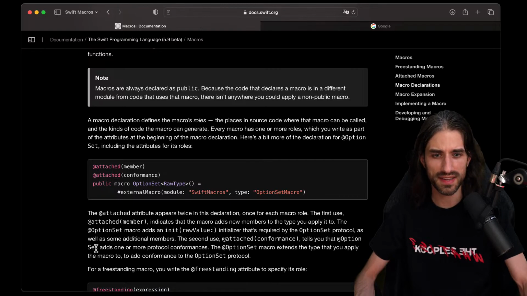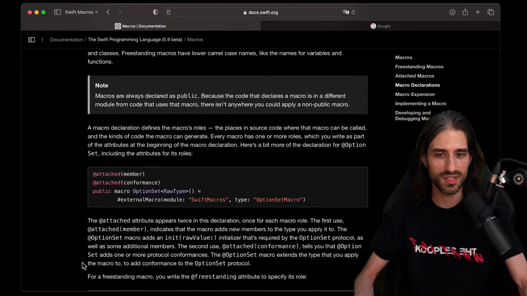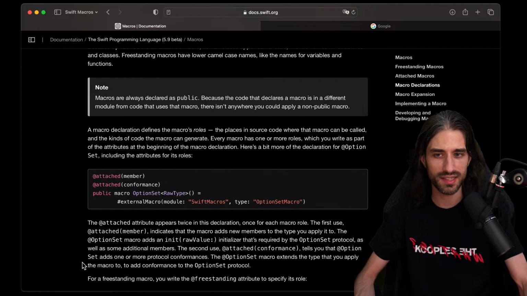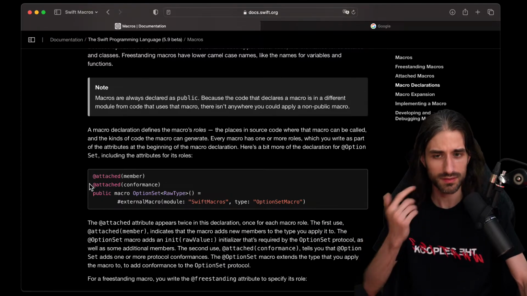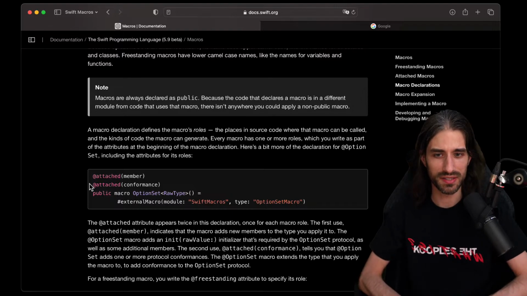The OptionSet macro extends the type that you apply the macro to, to add conformance to the OptionSet protocol. We saw this through the extension that it generated. So it's interesting to see that the macro has to explicitly say what it will modify. It's kind of similar to the entitlements that we have for iOS apps, where the app has to say, like, I will access the camera roll, I will send push notifications.